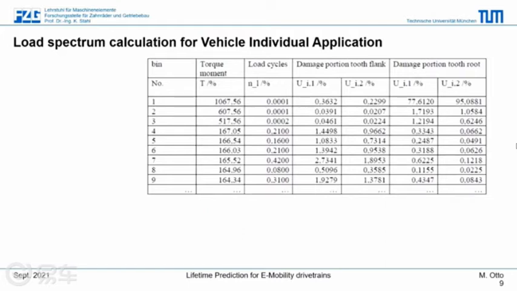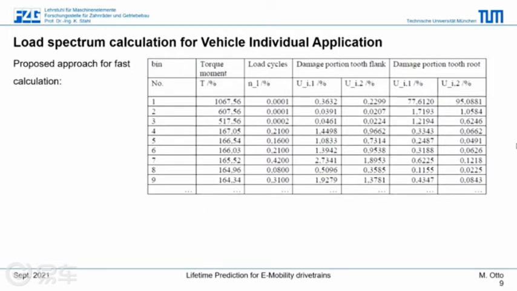Now we can, of course, write up the whole load spectrum in a numerical way, which is given in this table here. So we will use this as a basis for an approach to come to a fast calculation. So if we start at some load spectrum that is ordered in different torque moments, like given in this second column here, and determination of load cycles, then we can determine damaged portions of flank and root, like given in the further columns to the right. Now the values here are derived from a given load spectrum, which was used to design this hyper-high-speed drivetrain.